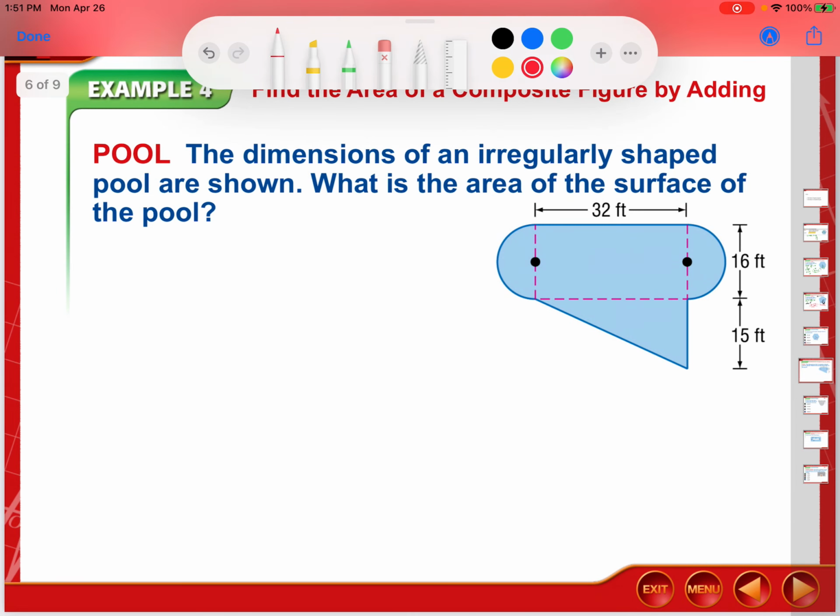Okay, second thing we're going to be talking about today is composite figures, and you will find that in the